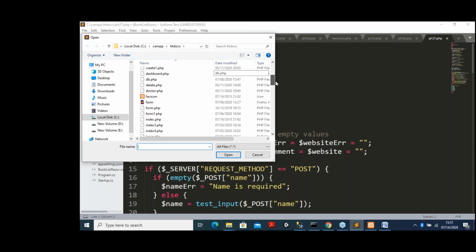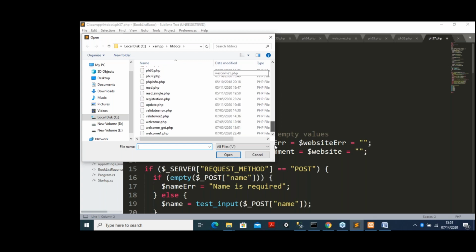Okay, so I think we'll try that one. Then we go to welcome 1.php, open it, but there it is showing.